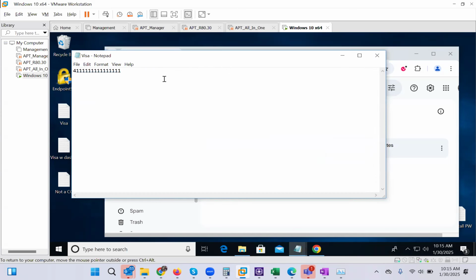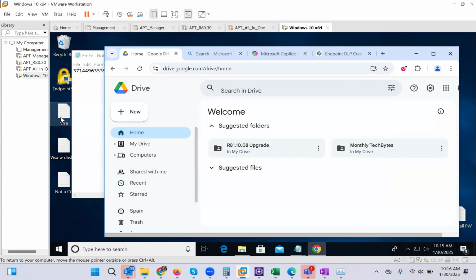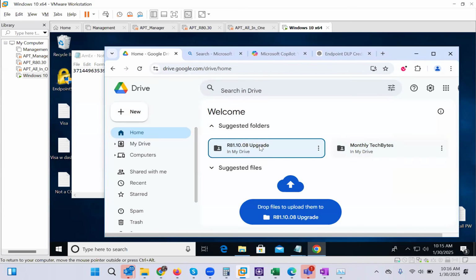And I looked these numbers up on Google to find test numbers for DLP. If anybody wants me to try their credit card, feel free to send it to me along with the expiration date and the little CVV code. Okay. So we see this file has our credit card number in it, right? If we go ahead and try to drag it into the Google Drive,